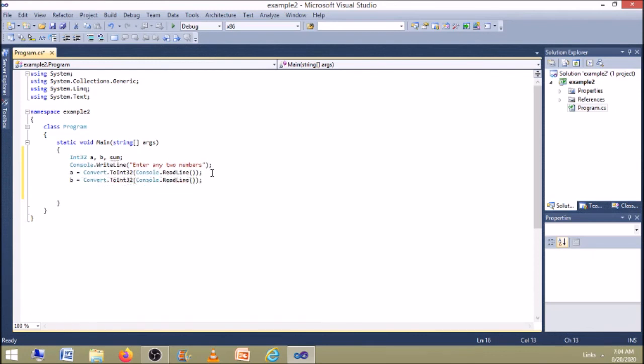So now we have received two values from the user for a and b. Now they should be added, and the added value should be stored in the variable sum. So sum equal to a plus b semicolon.